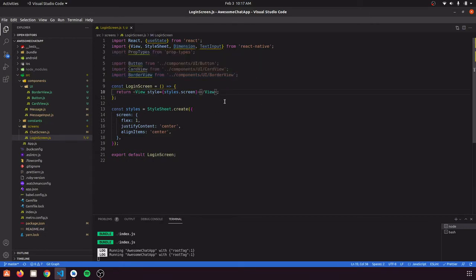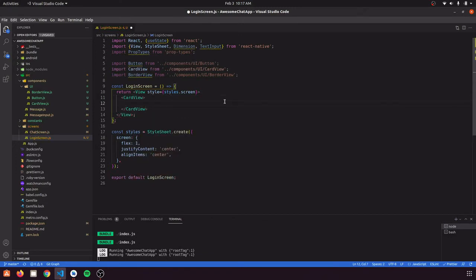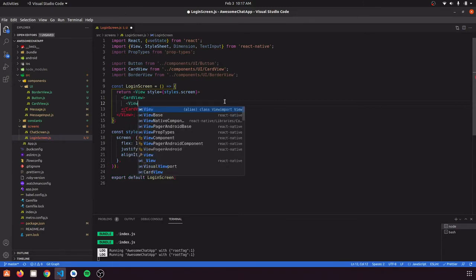So let's start by adding a card view inside this screen. We have children in this card view. So let's start by defining a view that would be used like a card container.